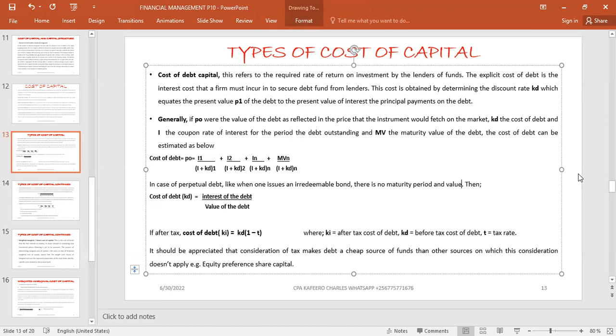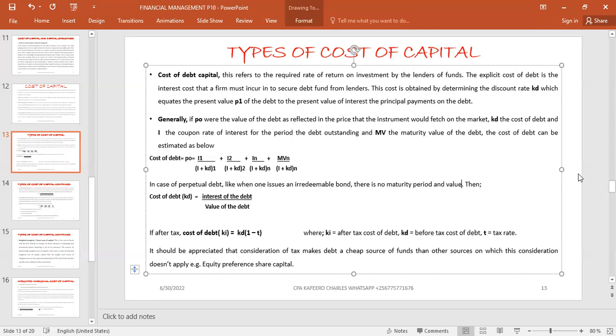So when that happens, what we are trying to look at is how much it will be if we have discounted that and look at it in its present worth. That's what we are going to be looking at here. And they are saying, generally, if P0 was given as the value of the debt, or the principal we took,